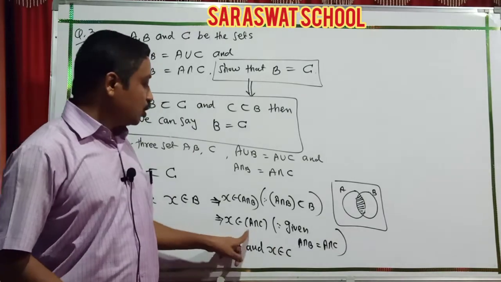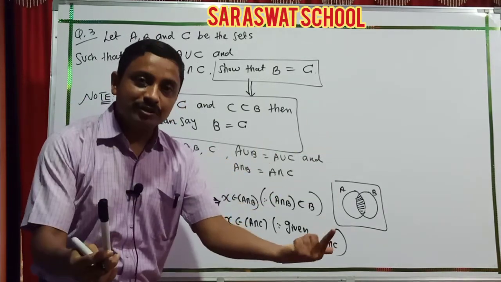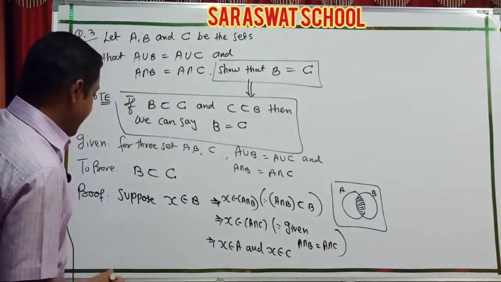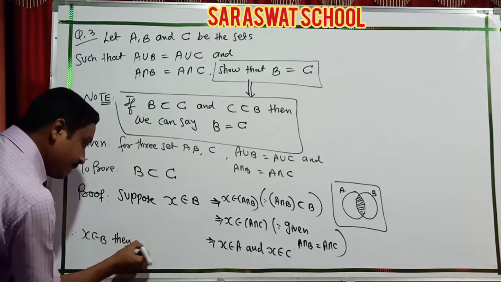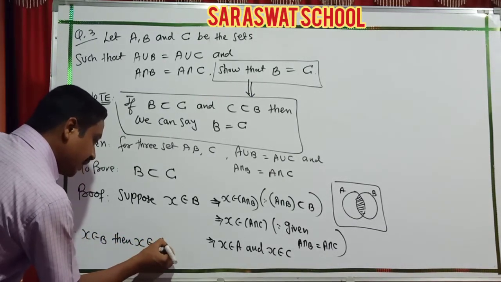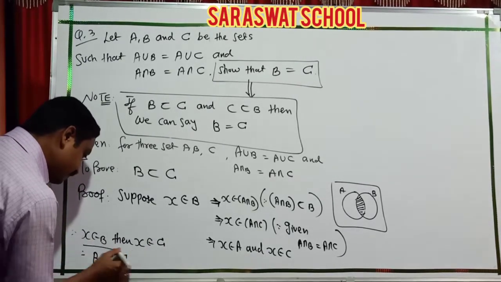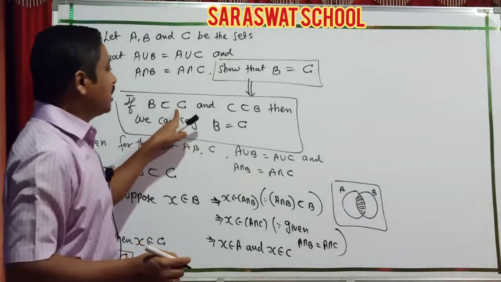Again A and C are both common. When are they both common? If you are present in both. So A is present and also C is present. That's why I show that X belongs to B, then X belongs to C. So I am telling here B subset C. Here is your statement number 1. Students, here one half part is done.